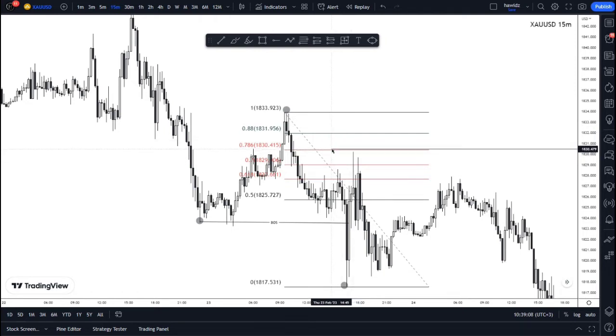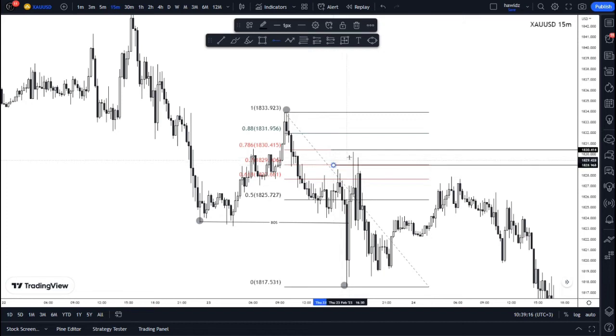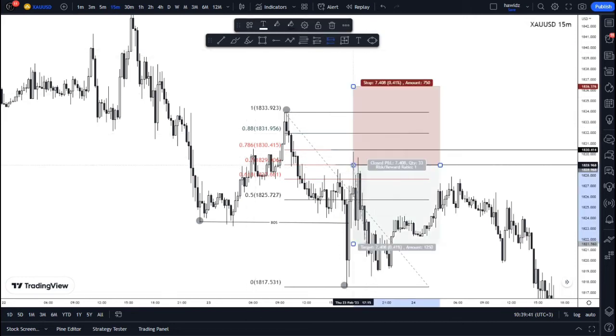So let's just put this very accurate in there. Boom. And this one here too, right? This one in here too. Let's just put that very accurate, and there we go. So we have our entry one line, our entry two line, and our stop loss line. So we had a short position opened here,